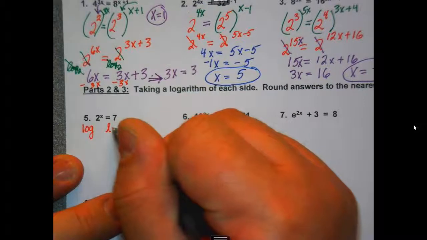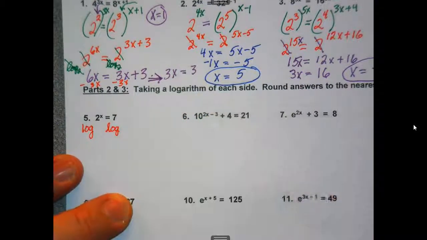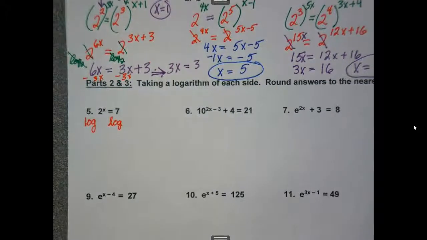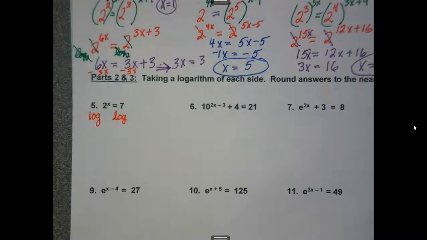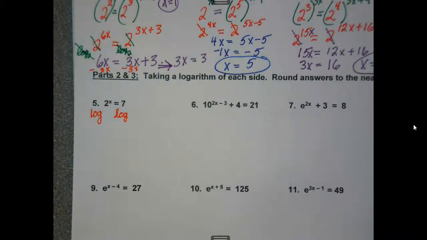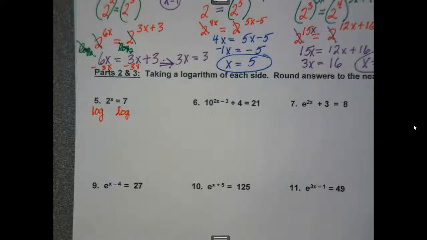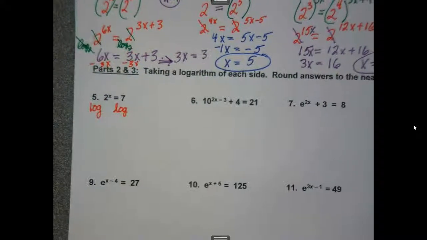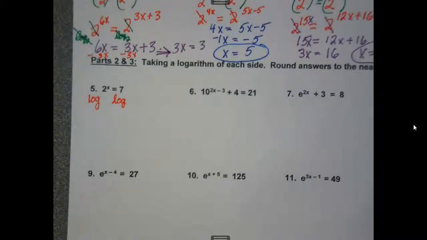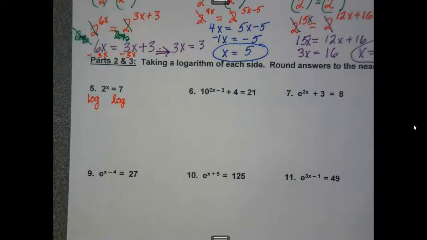of both sides. And why am I going to use common log of both sides? Why did you pick common log? Well, we could have taken natural log. But was that just a lucky guess? Well, because it's not divisible, our bases do not have a common base, right? So the next natural thing to do is to take a log of both sides. But the common log base 10 was a good choice because looking at your calculators,